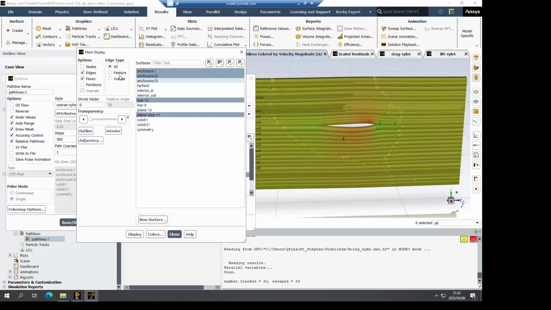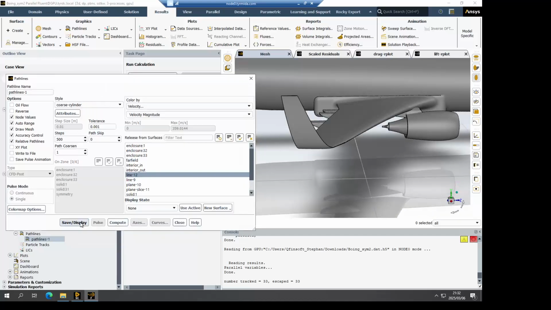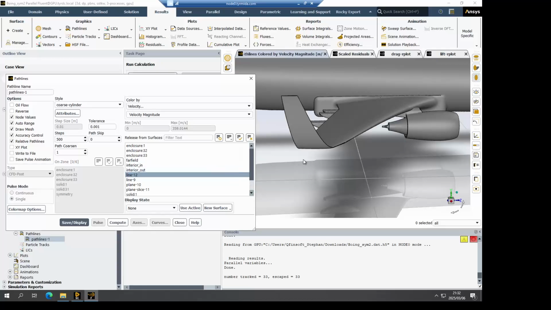And it will also be nice to actually see the aeroplane with the lines. This takes some time to compute due to the size of the mesh.